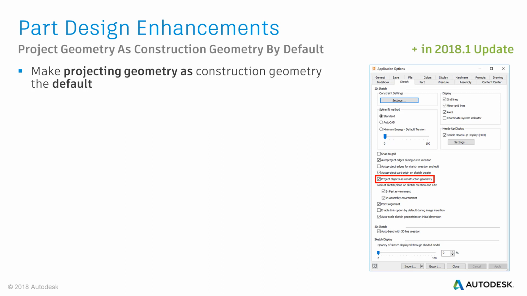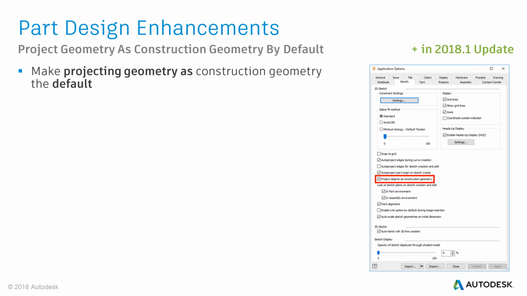Yes, this enhancement coming with the Inventor 2018.1 update is one of my personal highlights. On the Sketch tab inside the Application options, you now have the Project Object as Construction Geometry checkbox available. If this checkbox is enabled, all projected geometry in a sketch is set to construction line type. In previous versions, you either had to select the construction line type beforehand, or assign this line type after